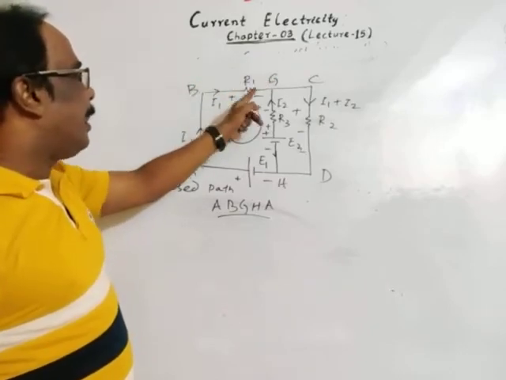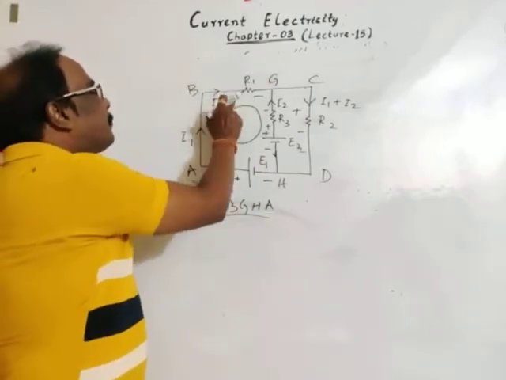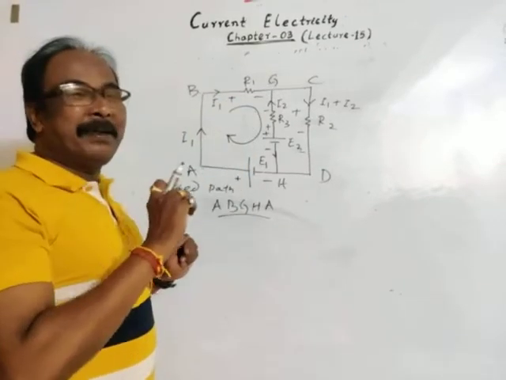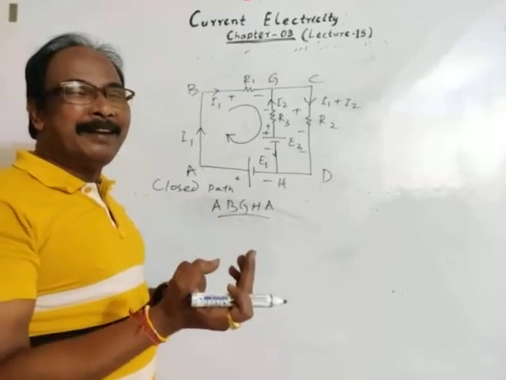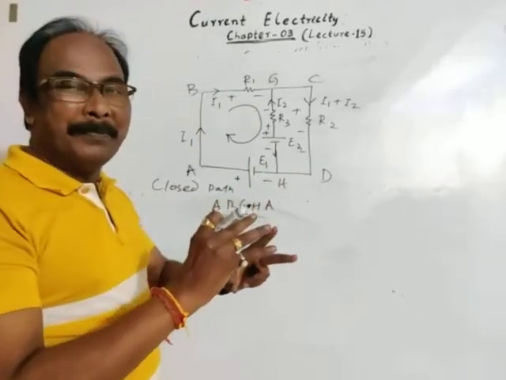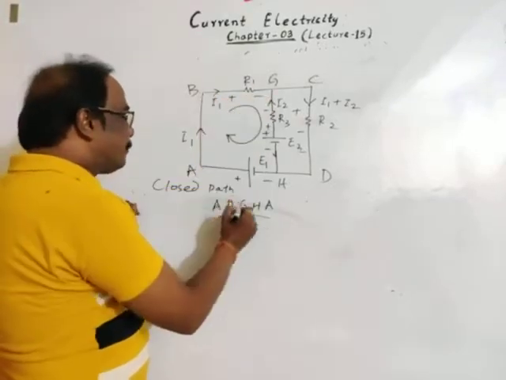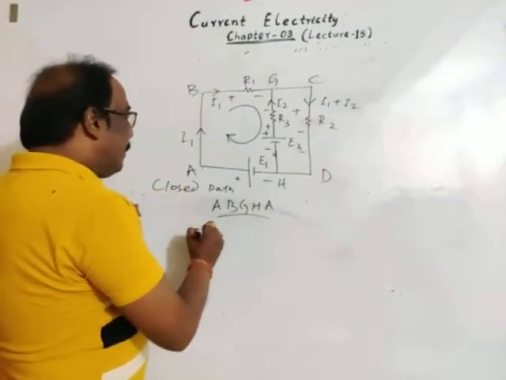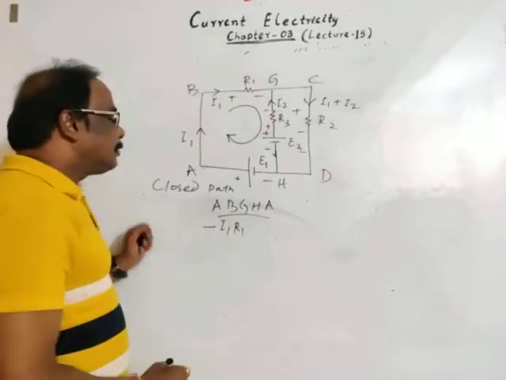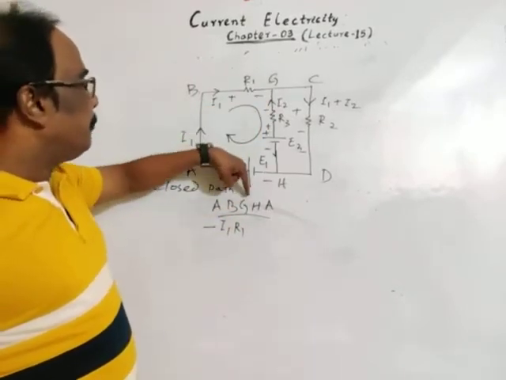We are traveling from high to low, means from positive to negative, high potential to low potential. Positive is treated as high potential, negative is treated as low potential. So there is a potential drop. So from B to G, minus, high potential to low potential, minus I1 R1. B to G. Then from G to